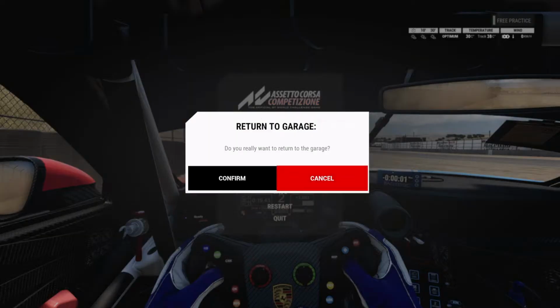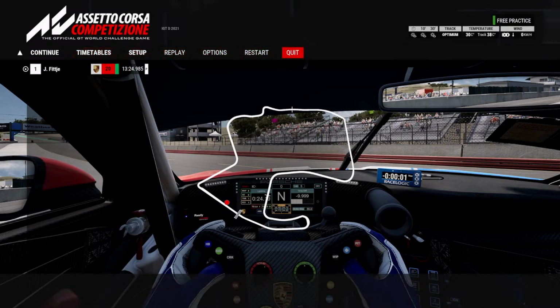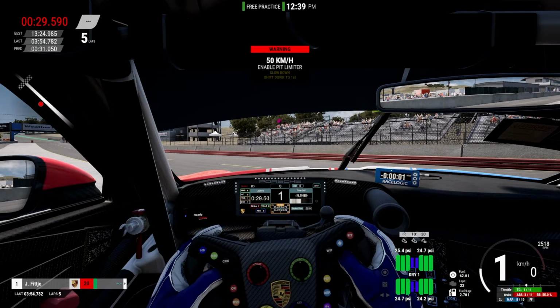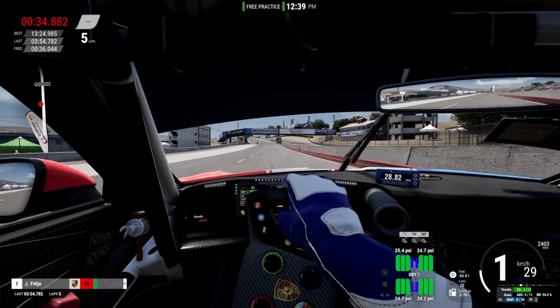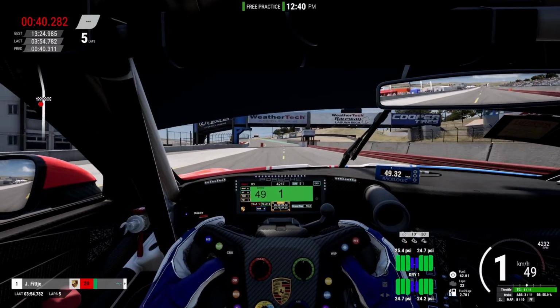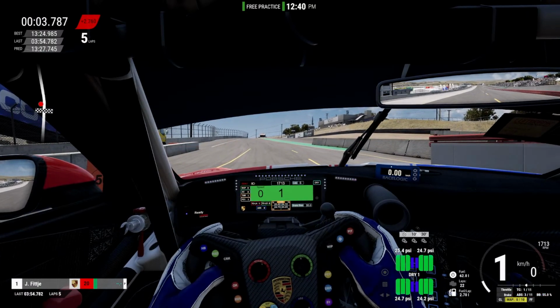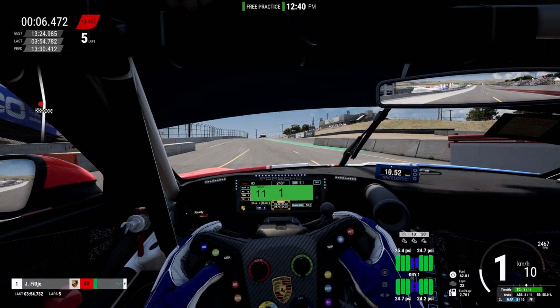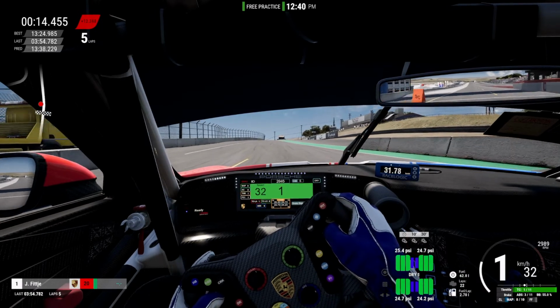Back to the garage really quick. I can see that chat there instead of having to use my phone.